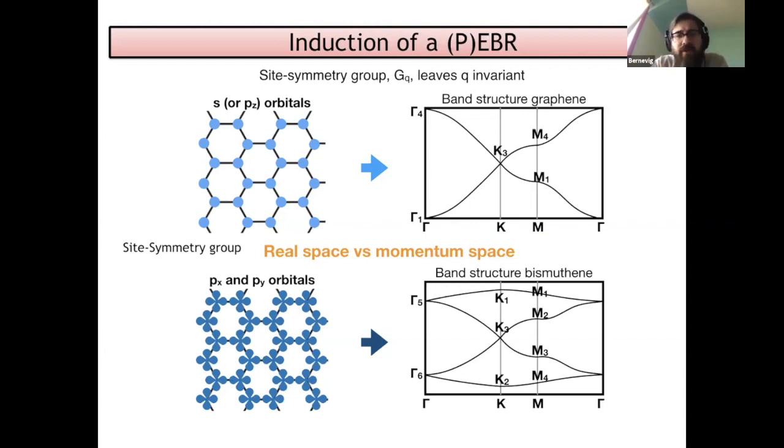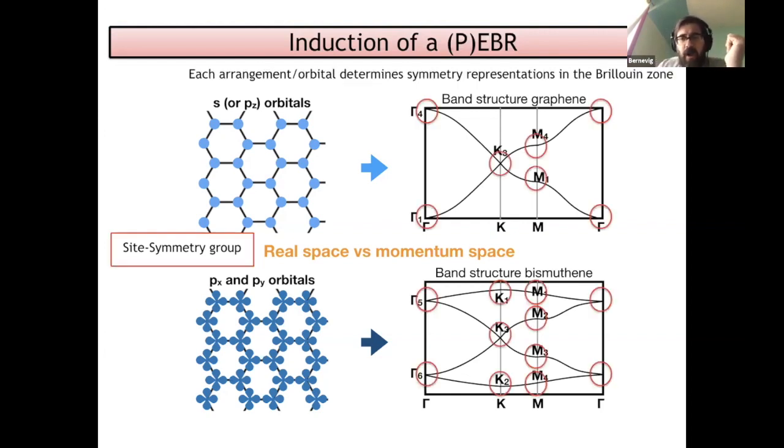So for example, just by knowing that I have bands that come from S or PZ orbitals in graphene, I could immediately infer that there's a Dirac point at the K point in graphene, which is the representation K3. So I don't need to know anything besides that. But for example, if I have PX or PY orbitals, I would be able to tell you that I don't need to have only a Dirac point. I could have, for example, a single value degeneracy, which is K1 and K2 at the high symmetry points. And so far, I've used no Hamiltonians.